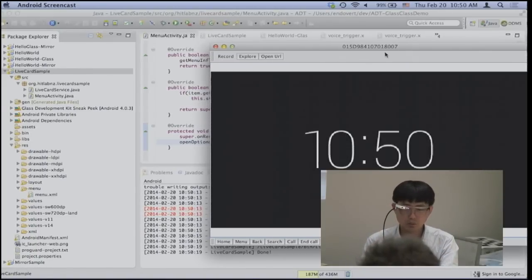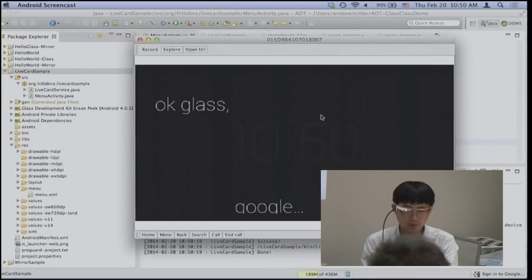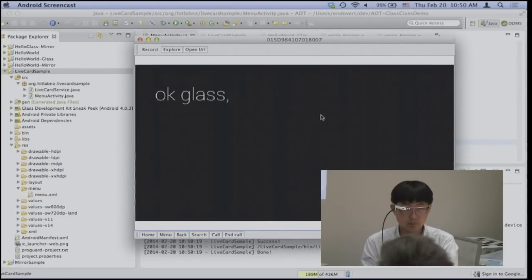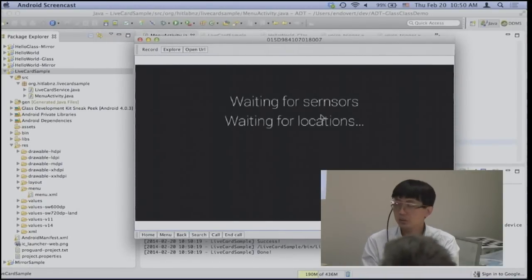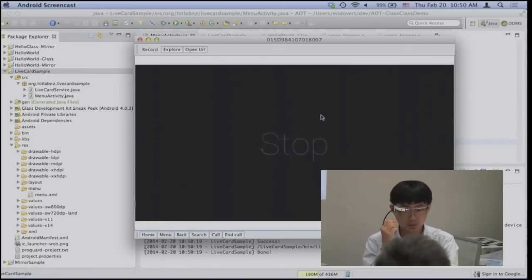So if I say OK Glass, live card sample, you can see it's still doing nothing but just showing my layout. And if I tap, it will open up a menu item. I only have one item, so I cannot really scroll, but at least one's there. And if I tap on it, it will disappear immediately. But if I tap again,